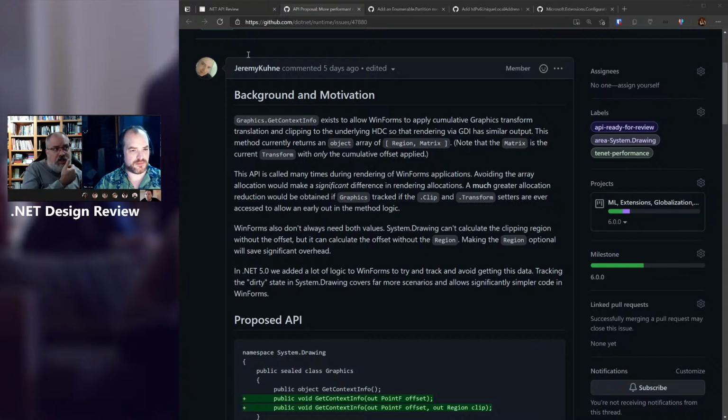As you see, it returns an object. That object is actually an array of a region and a matrix, and that's not great. We're allocating an array every time we try to paint anything. That shows up a ton in any larger WinForm thing. So one aspect of this is just simply providing a way to get it out without sticking them in an